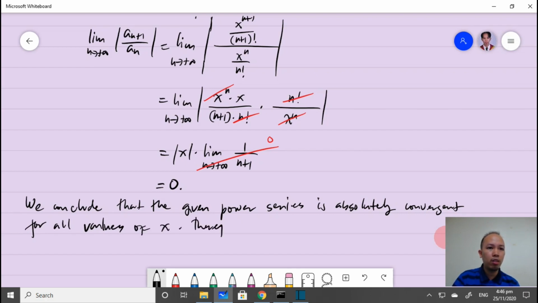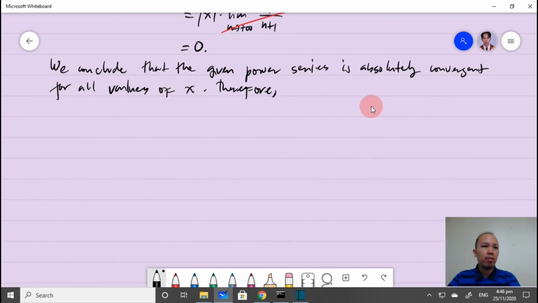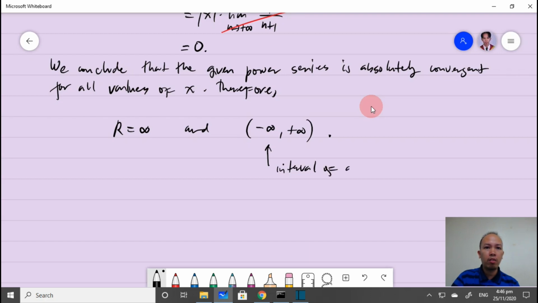Therefore, our r here is infinity, and this is our radius of convergence, and the interval of convergence is from negative infinity to positive infinity. Okay, so we are done